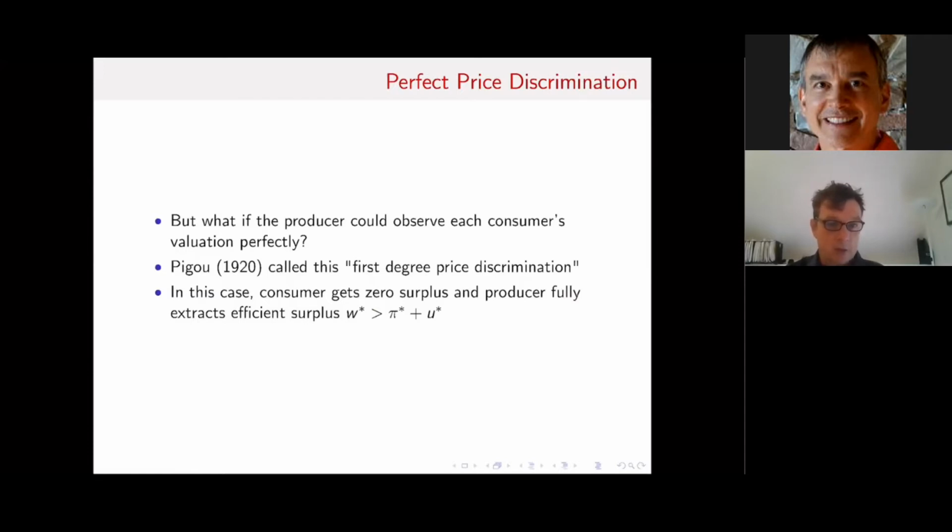Okay, but the outcome is going to be efficient because we're going to sell the object if and only if the value is positive, and we will find a price that supports that realization of the surplus. Okay, so even though it's an outcome that in terms of net utility is clearly not favorable to the consumer, from a social point of view, we're just thinking about maximizing producer and consumer surplus. This outcome is actually fully efficient because we attain the efficient outcome. Okay.